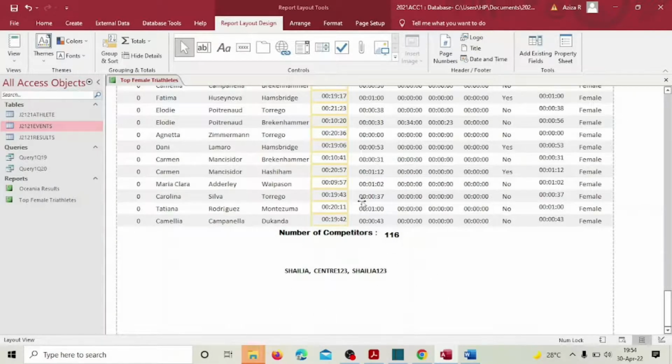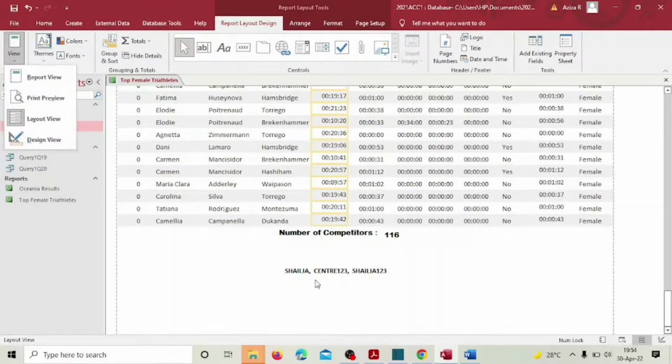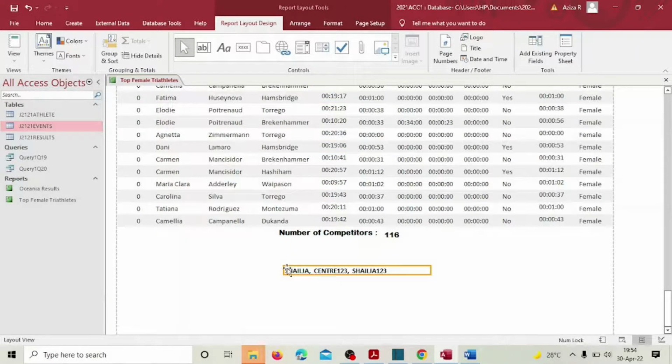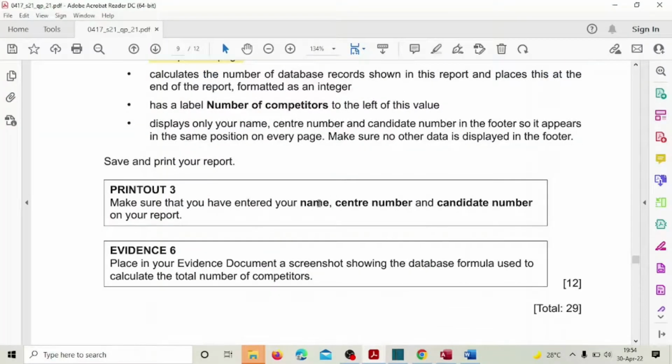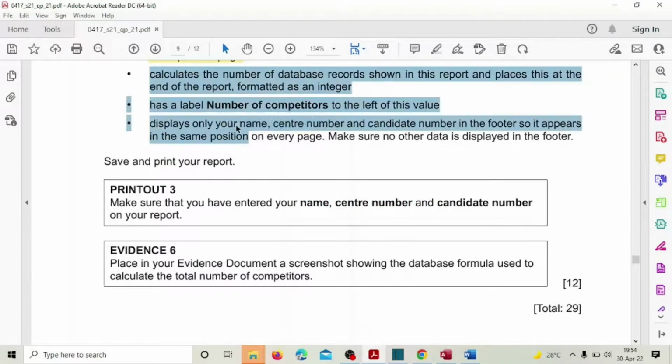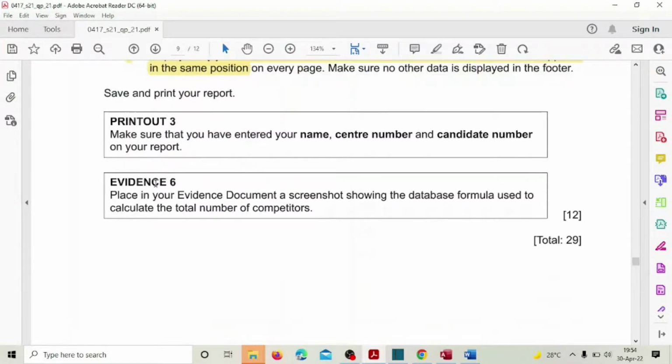Okay, even if you want, we can just move it a bit here, like this. Correct, in the center. Save. Now what more, print out. We're going to take that. This whole thing is done. Place evidence 6 it is. Place in